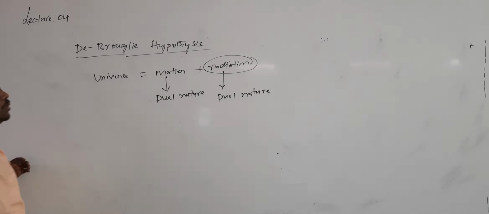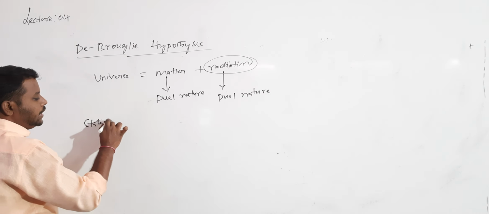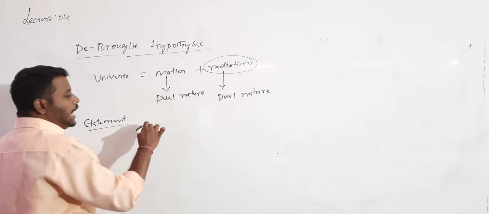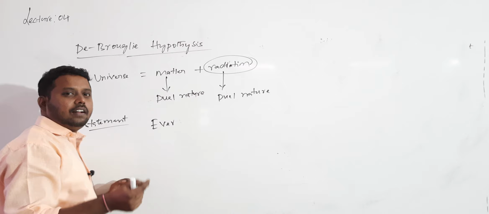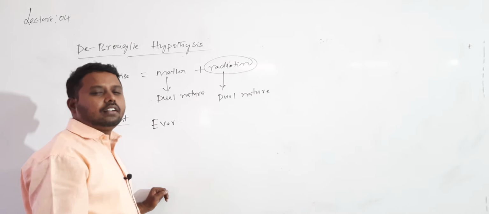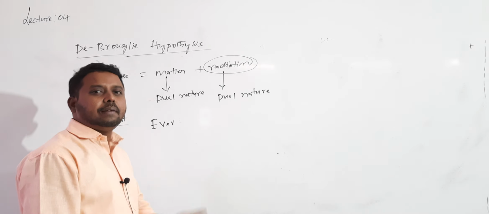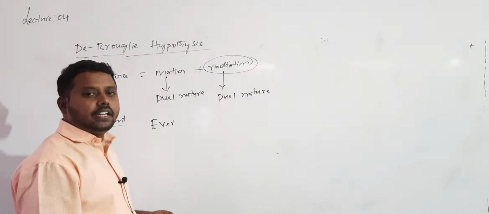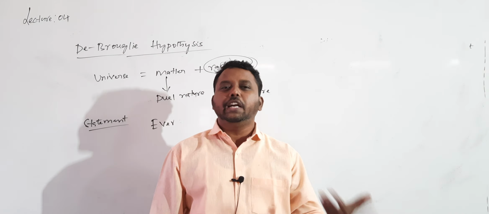So what do I want to tell? The de Broglie hypothesis, if you want to write it as a statement: according to de Broglie, every material particle, if I consider any particle, proton, neutron, electron, any particle which has some mass, has which nature? Dual nature. That particle, an electron is a particle, no need to prove.